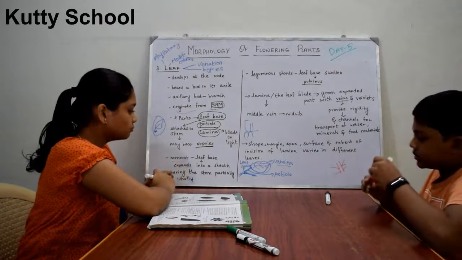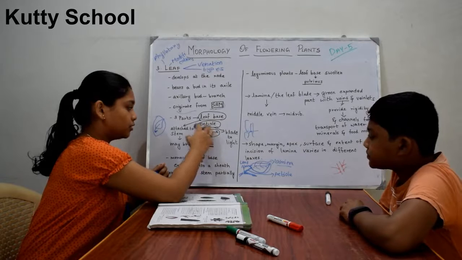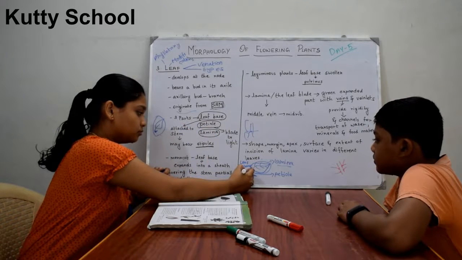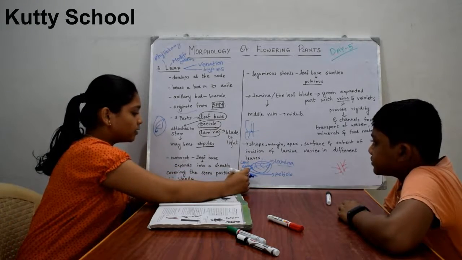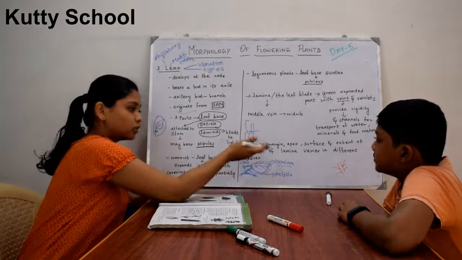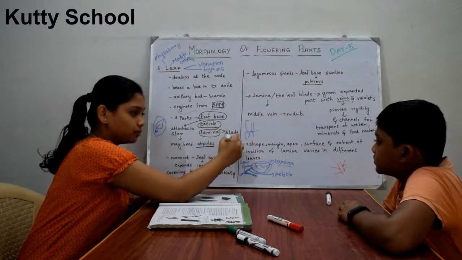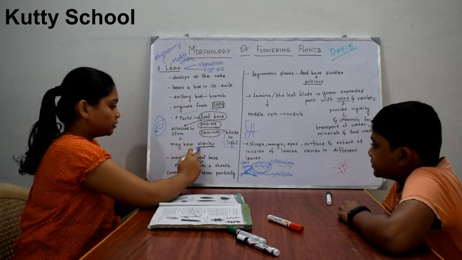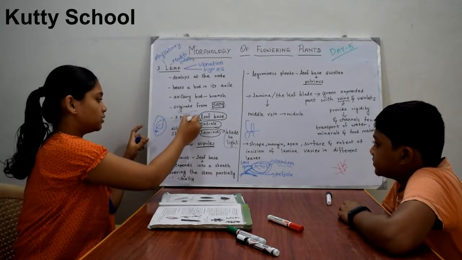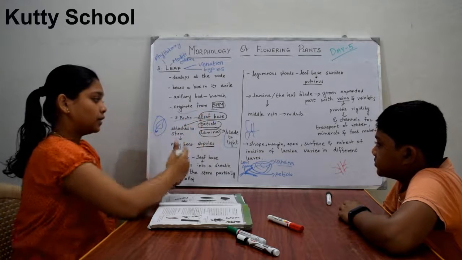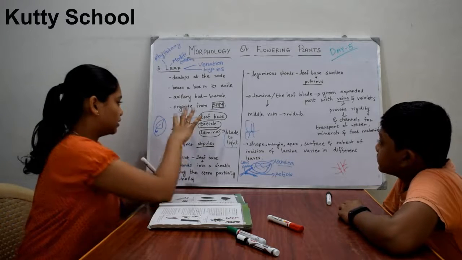One more thing about the petiole. This petiole is generally more flexible, which is why leaves can wave in the wind. It also helps the blade to focus on light, to absorb the sunlight. That function is performed by the petiole. So this is generally the structure of a leaf. There are three parts: leaf base, petiole, and lamina or leaf blade.